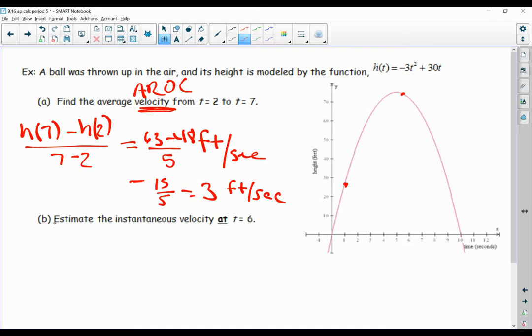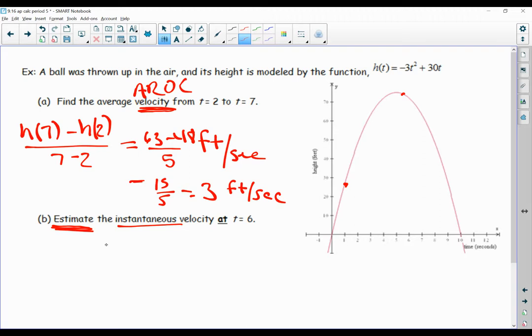Now, part B is a little bit different. It says estimate the instantaneous velocity at t equals 6. So now it's not asking me for a rate of change at 2 points. It's asking me for the rate of change at 1 point, which we kind of did on the first day of Unit 1. But let's kind of talk about the difference between what we did then and what we're going to do now. This is asking us to estimate the instantaneous velocity. So this is kind of like what you did in Math 3 in the small world unit. If I want to estimate the instantaneous rate of change,